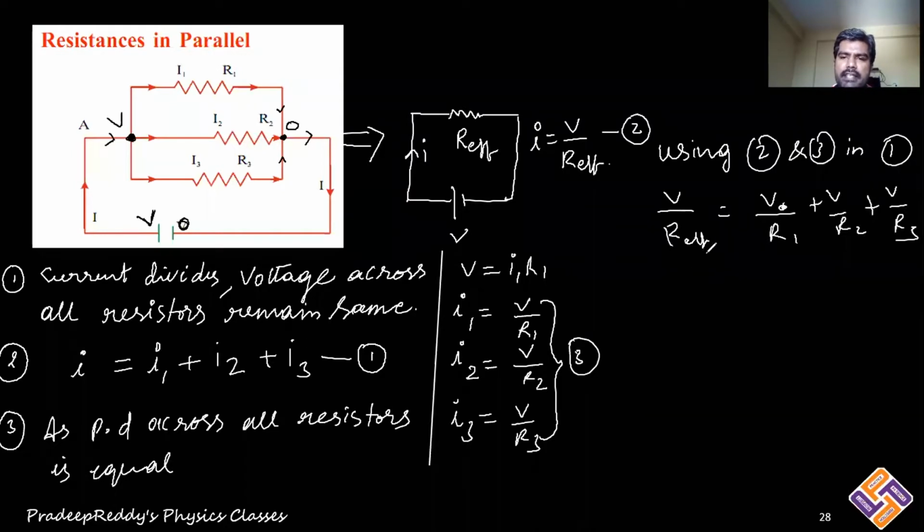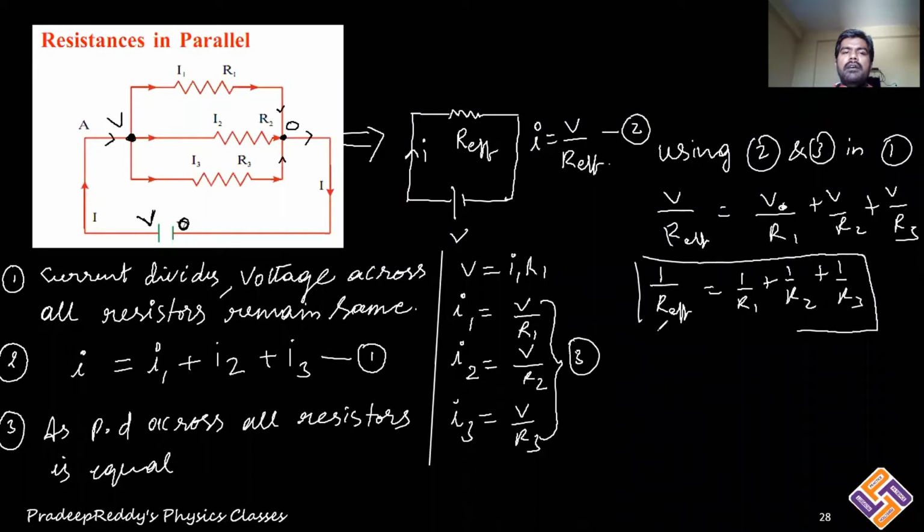V on both sides gets cancelled. Finally, you can write 1 by R effective is equal to 1 by R1 plus 1 by R2 plus 1 by R3. This is the